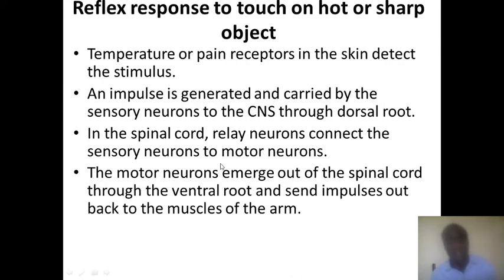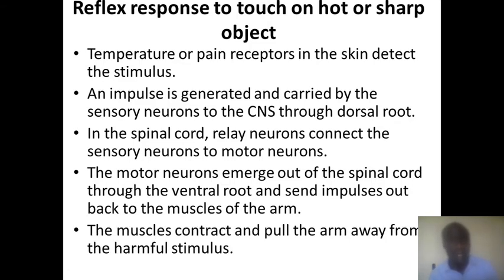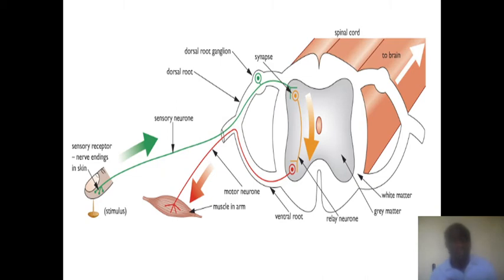Then the motor neurons emerge out of the spinal cord through the ventral root and send impulses back to the muscles of the arm. Then the muscles of the arm contract and pull the arm away from the harmful stimulus. And then the body will be protected against danger. So we have this diagram